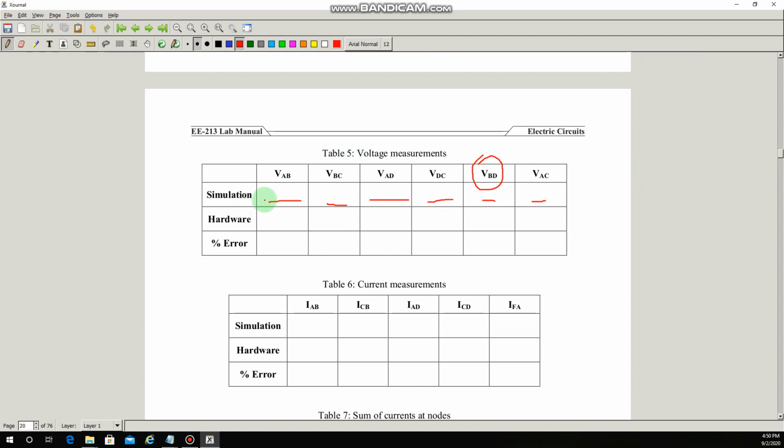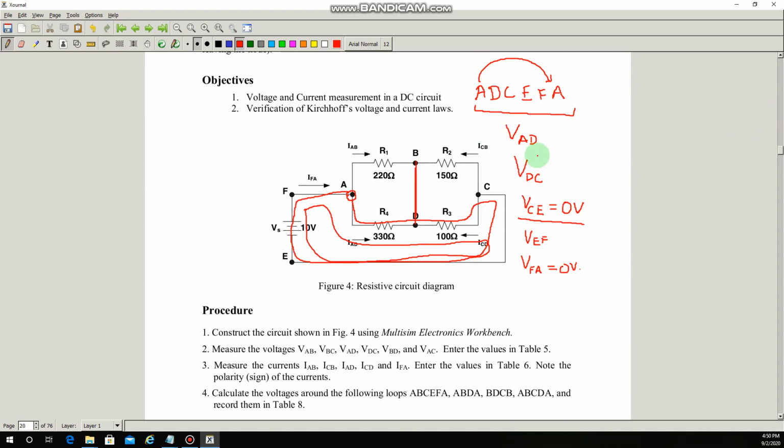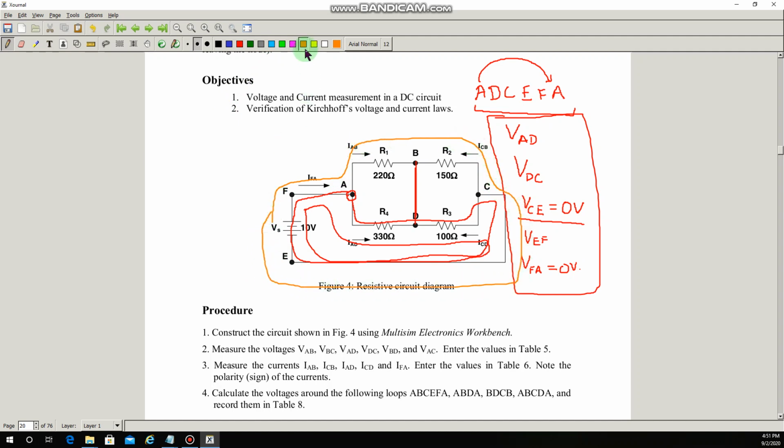Now, when it comes to verification of the KVL, what are we supposed to do? We will follow the same method that we have done. We will identify all the voltages in a particular loop and simply add them. As I said in the beginning, there are different loops in this circuit. There are 3 different loops. For example, this one, the one that I have already highlighted. Then there is another loop. Let me use another color. This one, the outer loop here. And I have a third loop also, which is this one.